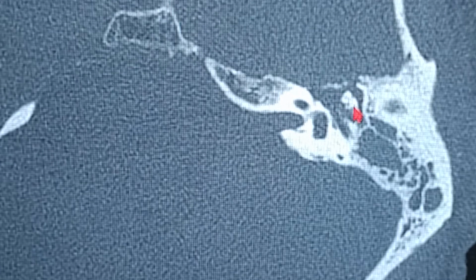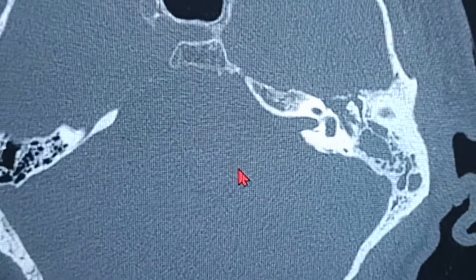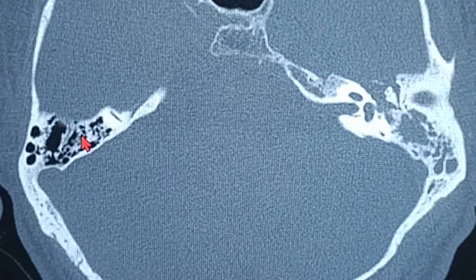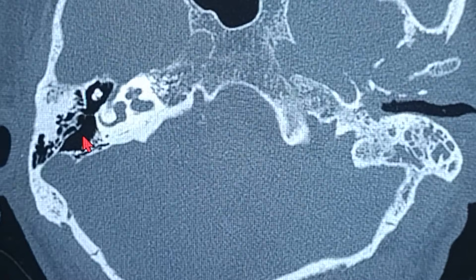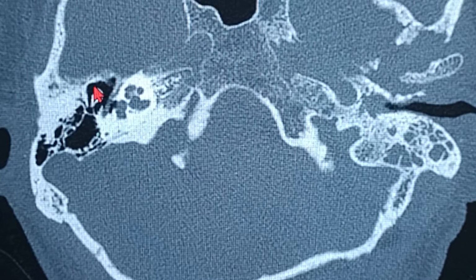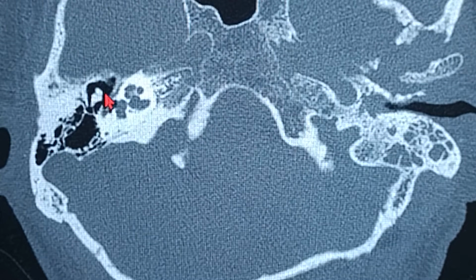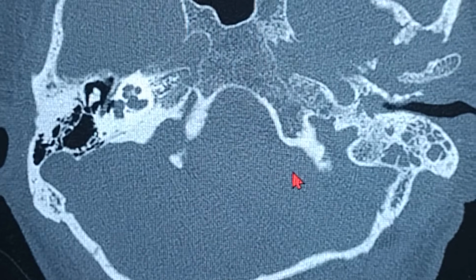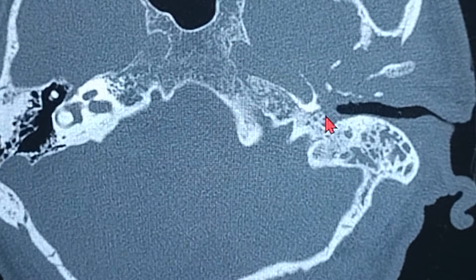That's the epitympanum. So if you remember the epitympanum on this side, now I'm going to compare it with the epitympanum on this side. You can see that's the epitympanum, the ice cream cone appearance on the right side, and I can see it's highly pneumatized. There is not a single soft tissue shadow or liquid collection or any disease over here. And if you compare the ice cream cone appearance on this side,